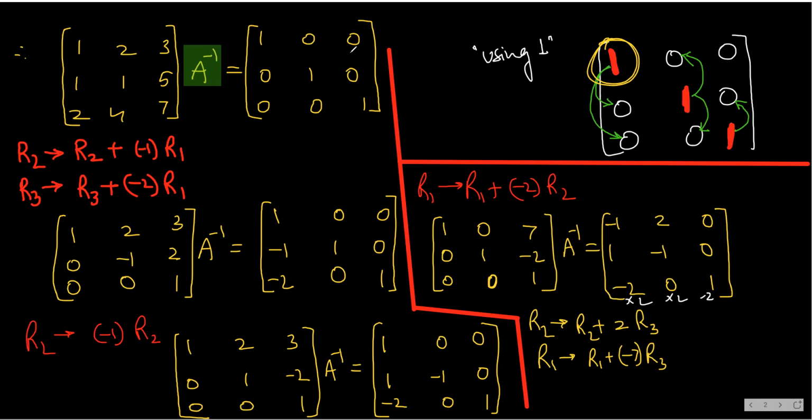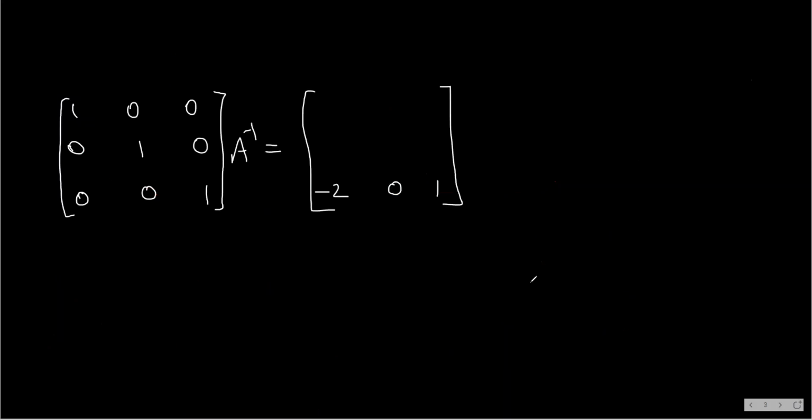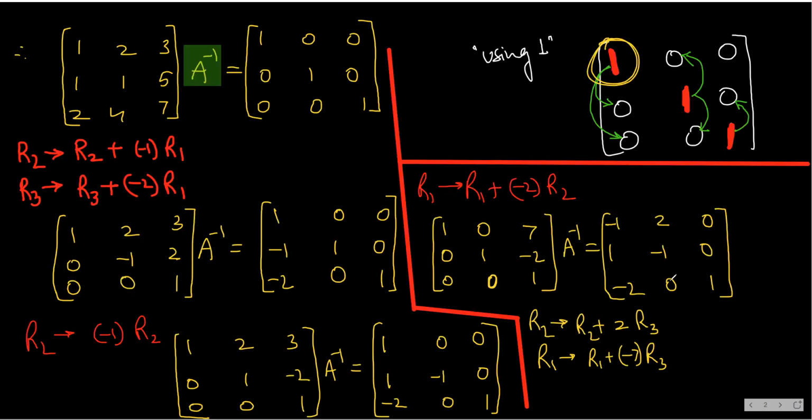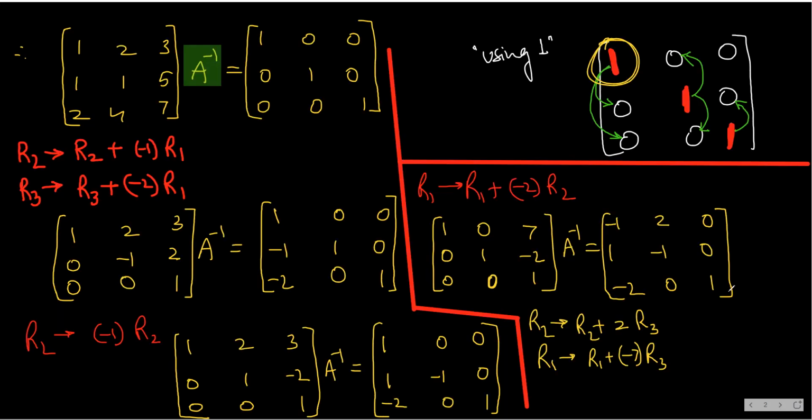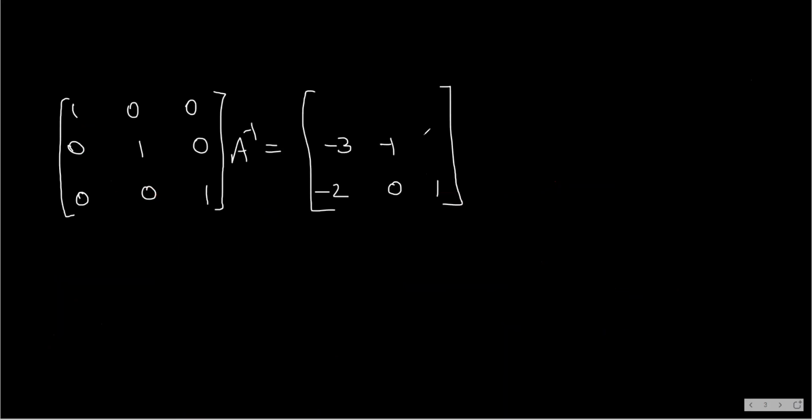Okay. So here when you multiply 2, this will become minus 4. And when you add it, you get minus 3. Okay, so you get here minus 3. Next, when you multiply 2, this is 0, so this will remain minus 1 only. And when you multiply 2 here, this will become 2. When you add it, you get 2 here.